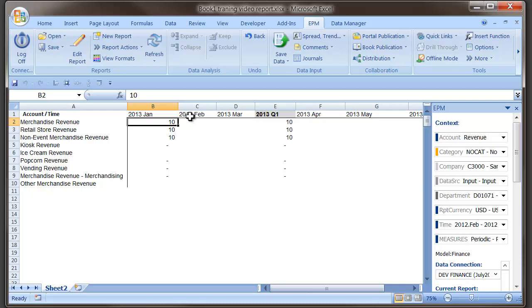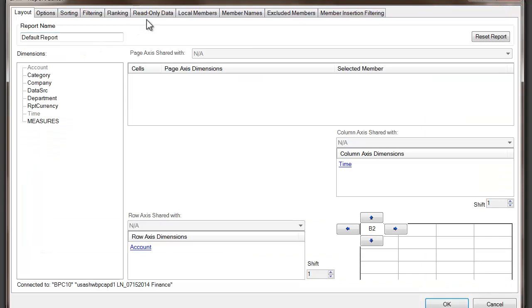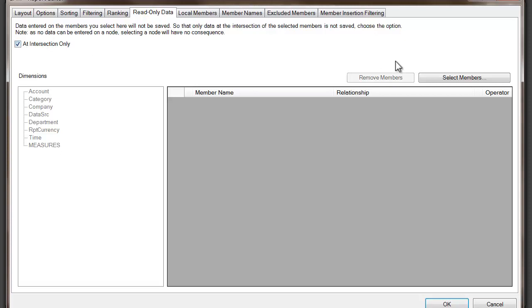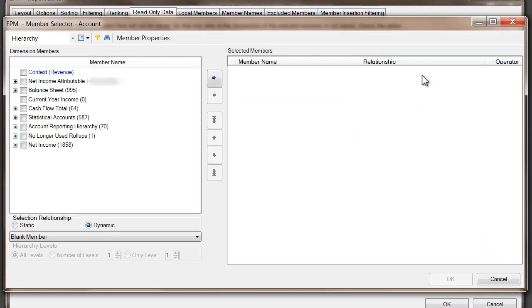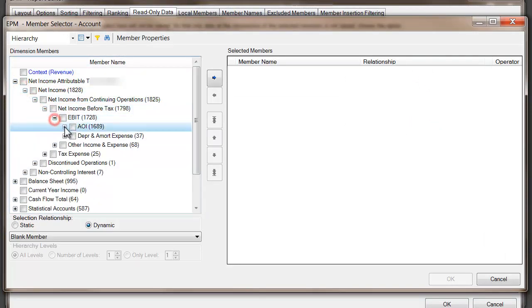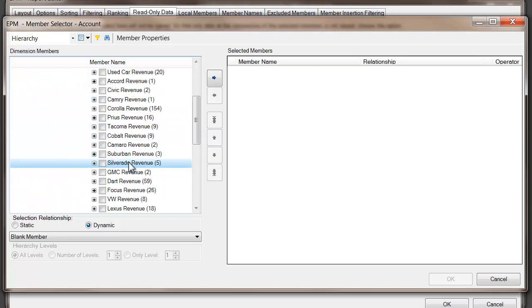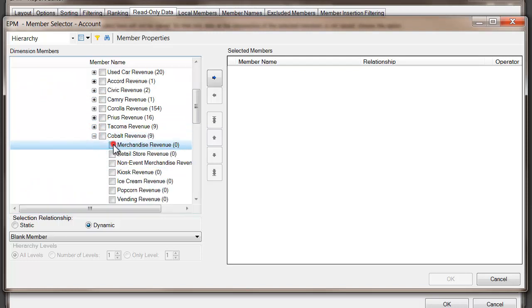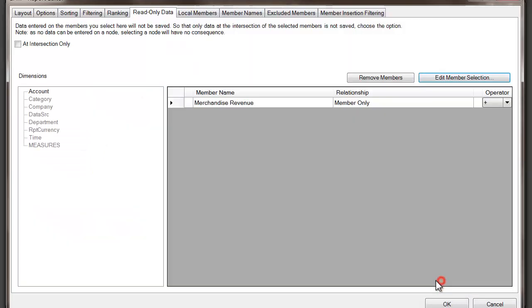But now let's say we want to mark merchandise revenue as a read-only member. To do so, we go to edit report, go over to the read-only data tab, and from here we select member. We'll just keep going down and select merchandise revenue. So now that that's selected,